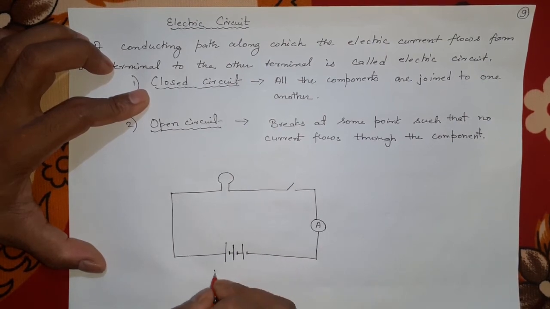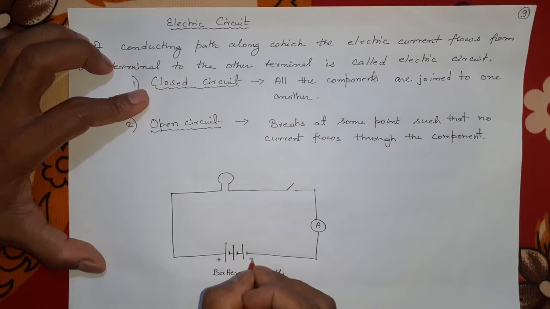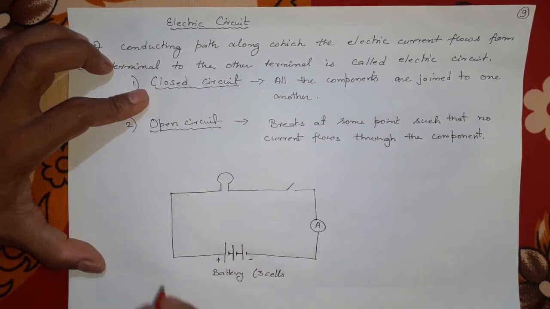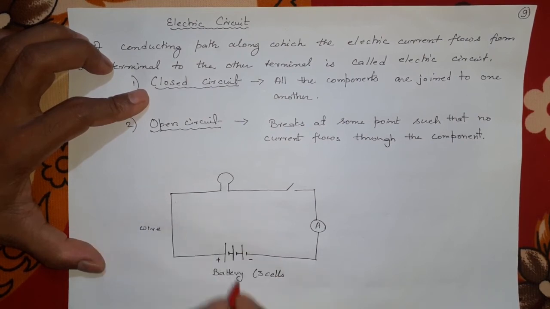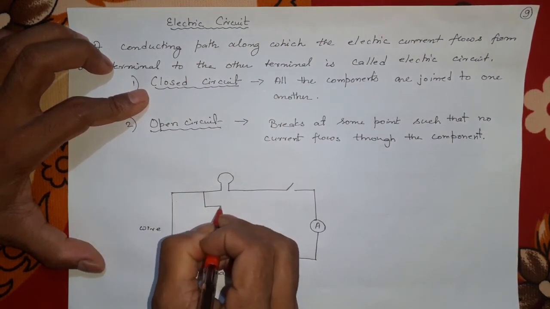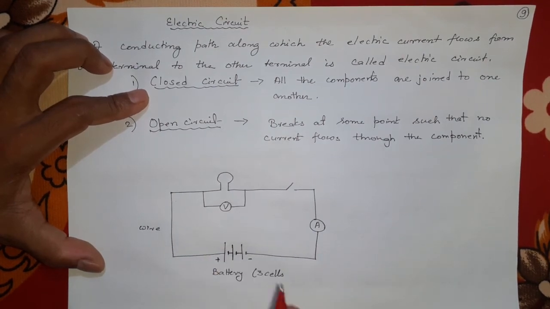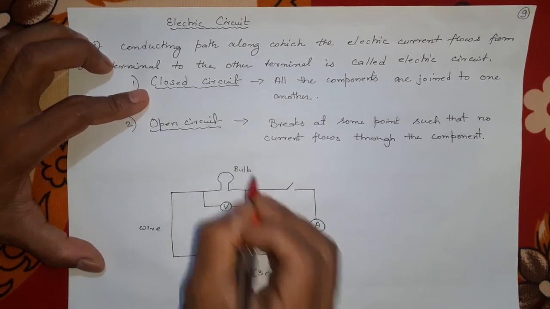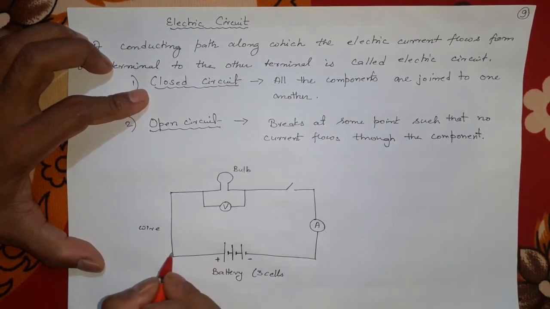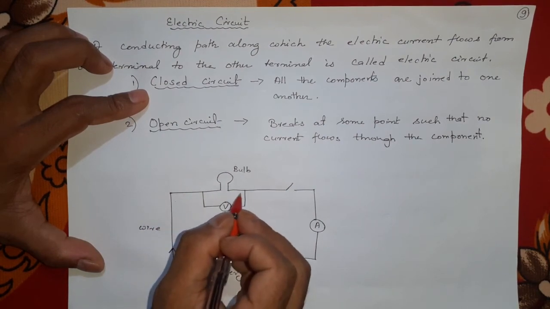So how many batteries are there? How many cells here? 3 cells. This side is plus, the longer one is plus, the smaller one is minus. This is the conducting wire, otherwise current will not flow. Here we try to measure the potential or voltage. Potential difference and voltage are the same. This is the bulb. Now current will flow from this side like this. It will go here, inside it will glow, and